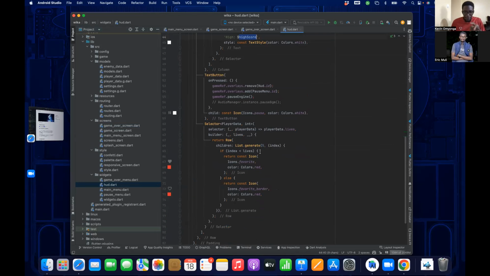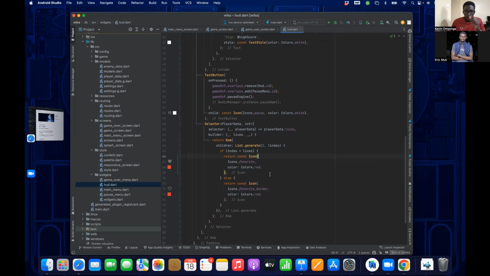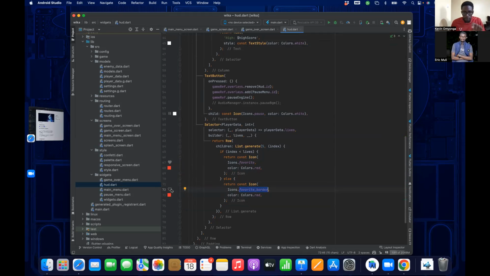Something that I tried here was, for the life section, to show the player the amount of life they have left. It's just widgets: an icon with the favorite, showing the heart, and then another icon with the favorite border, showing that the life has been spent and is no longer available.